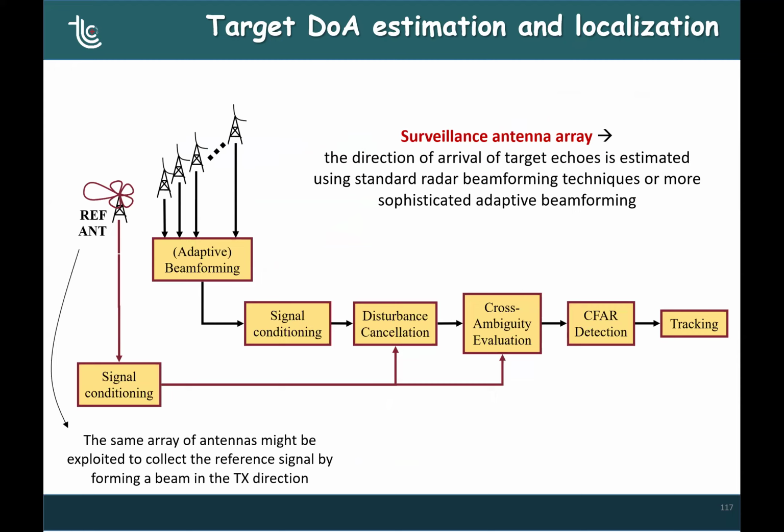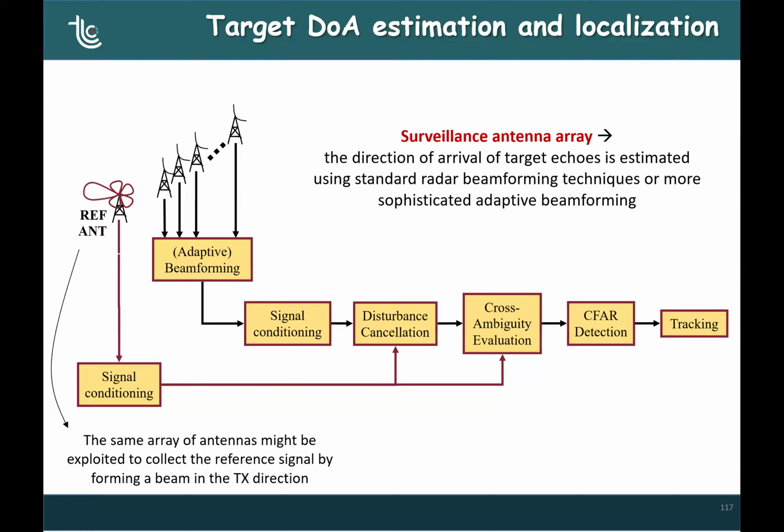We could perform some beamforming at the level of the receiving antenna of the surveillance channel. In this way, we focus the antenna in a specific direction, and we could also scan the field of view electronically,